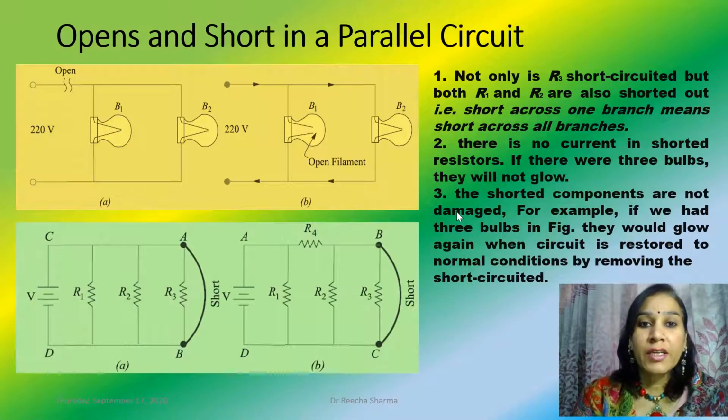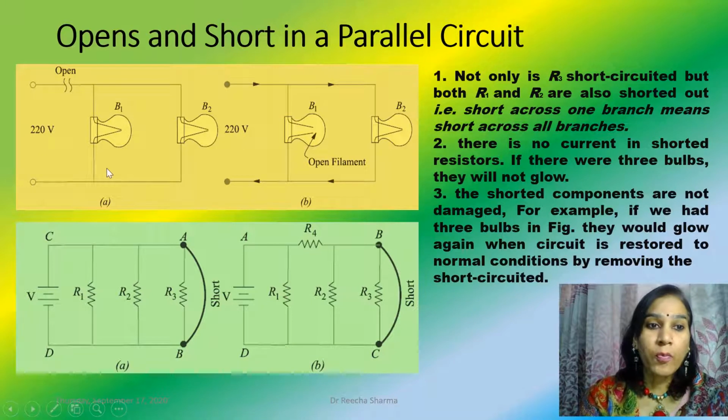Open and short in a parallel circuit. An open means that any of the connections is lost between these two points. For example, if this bulb has an open filament, this will not affect the working of the other bulbs. This is called an open. But in the case of a short, when we short with a metallic wire